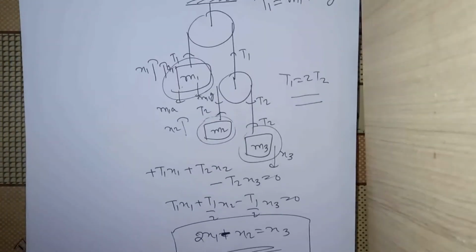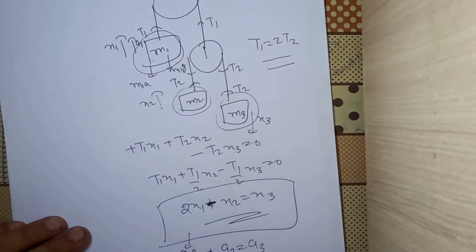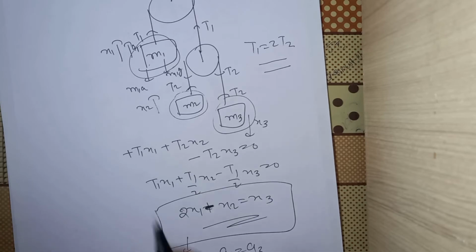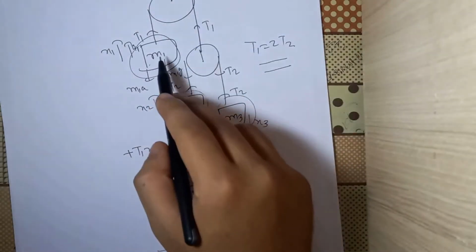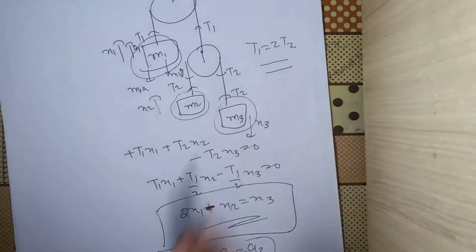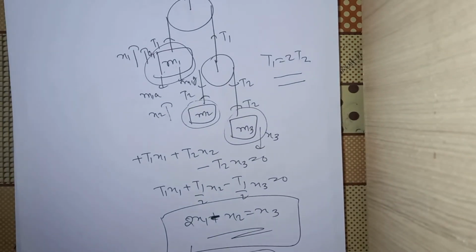So we'll be solving some problems where I'll be providing the full solutions. In the end we'll have five variables, T1, T2, a1, a2 and a3, and we have five equations also. Three equations, one for each of mass m1, m2 and m3, one equation of the constraint motion and one equation of the tension. So then we can find anything that we want. So this is about the concept part of pulley systems. Let us solve some problems.